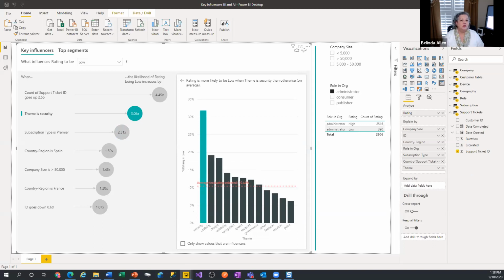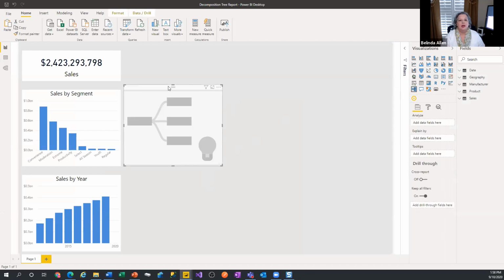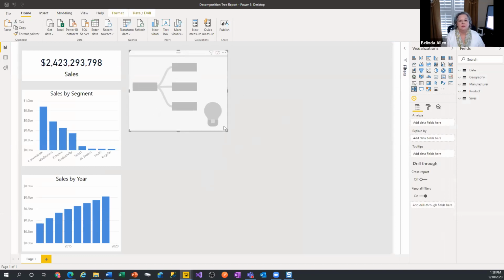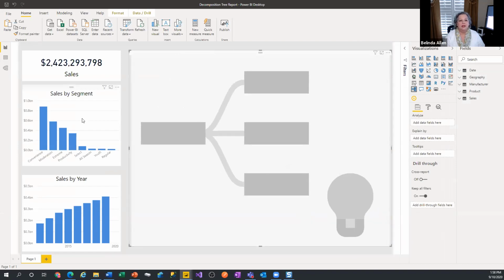But the decomp tree is my new all-time favorite visual. Talk about don't know what you don't know, so you don't know what to ask. The decomp tree is a great place to start. And very similar to what we just did with a key influencer, it works very much the same. So this time I'm just going to grab it from down here, and I'm going to load in my decomposition tree. So I have my sales, you can see right there next to it,